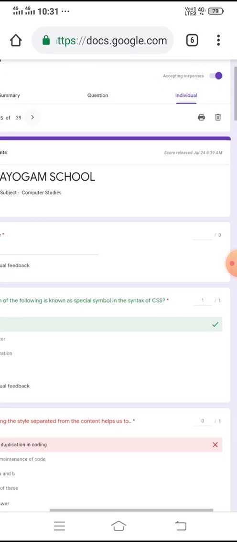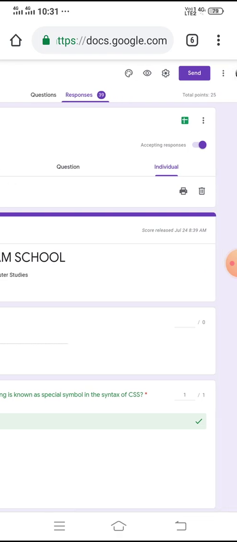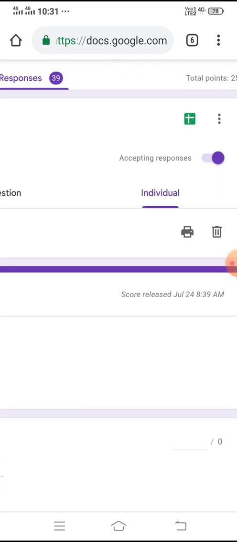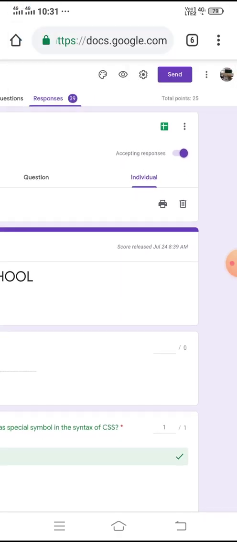Now, if you want to view the respondent's name and their score, see there is a Google Sheet icon. Click on it.